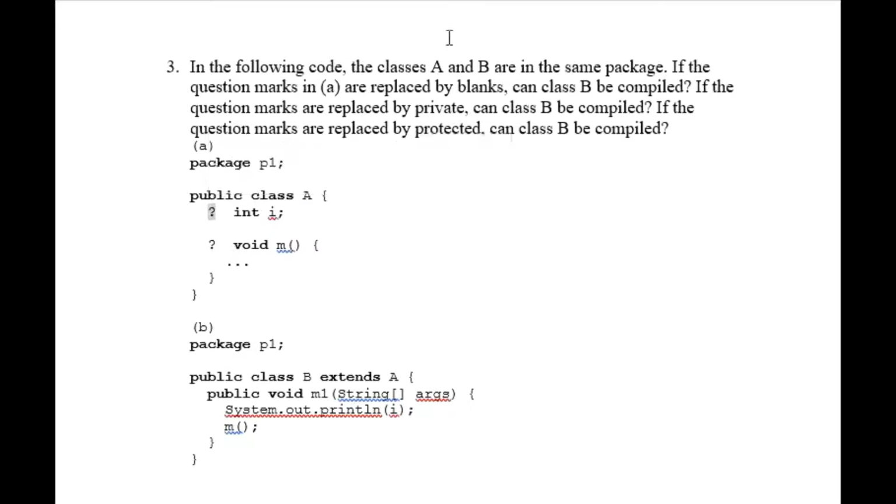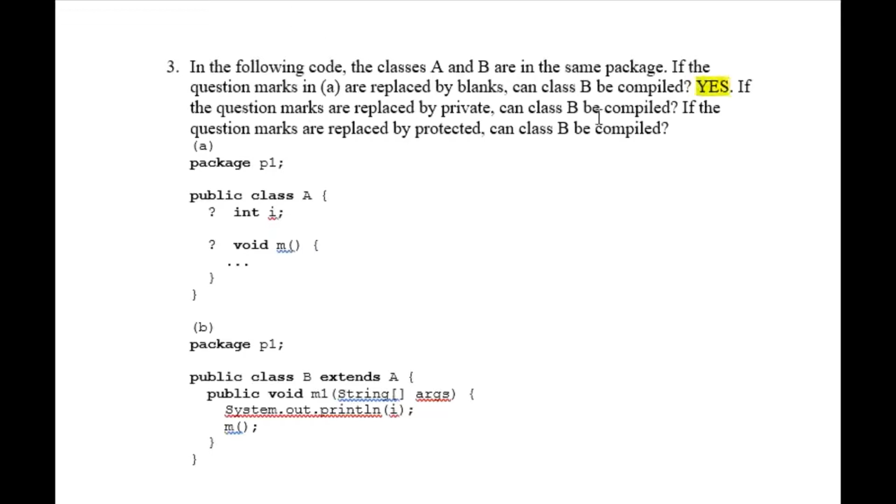So the question is, if the question marks in program A are replaced by blank, meaning default access modifier, can the class be compiled? Yes, it can be compiled. So the answer for this question is yes.